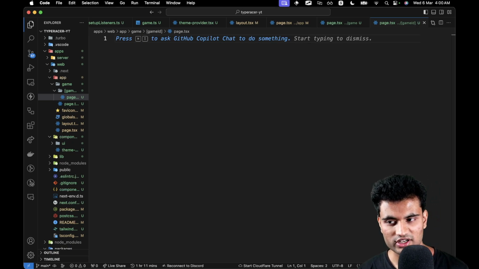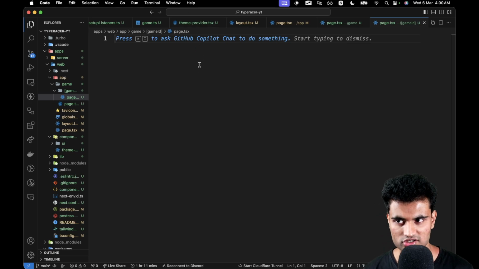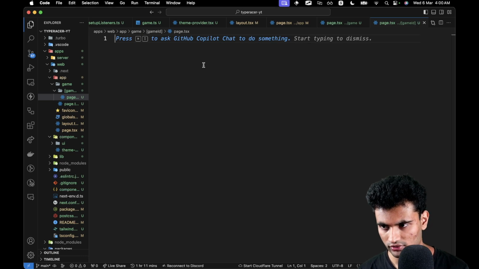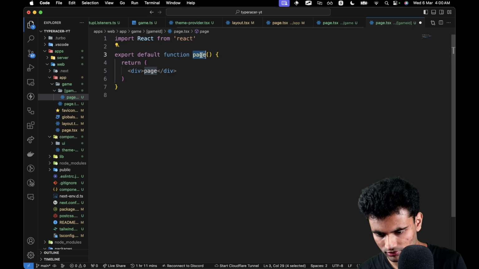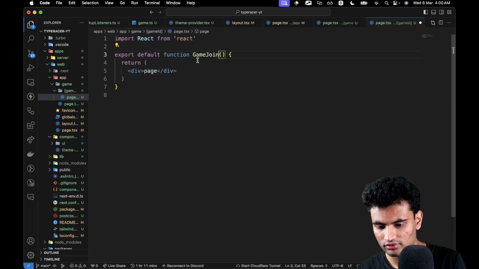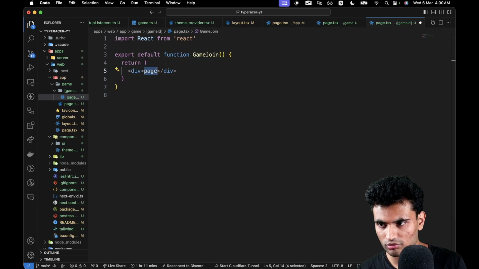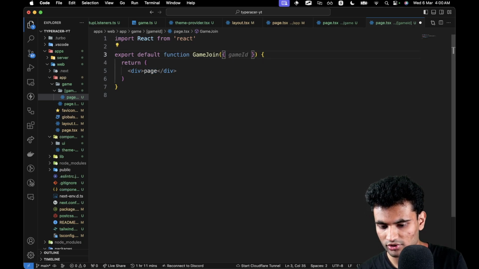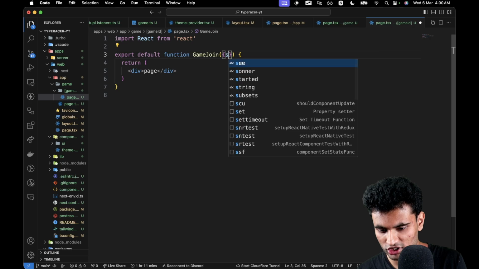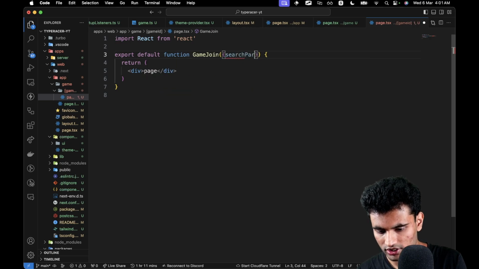And since we do not even need any interactivity in the name form, we are just going to make it a server component, and the actual game is going to be a client component. So this is going to be RFC, and we are going to call this thing game join. I'm going to copy the JSX, of course, but first of all we need some props. In server components, you can just do search params, and you can get params,